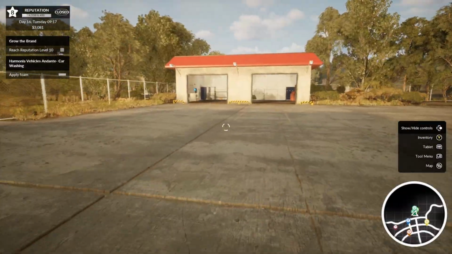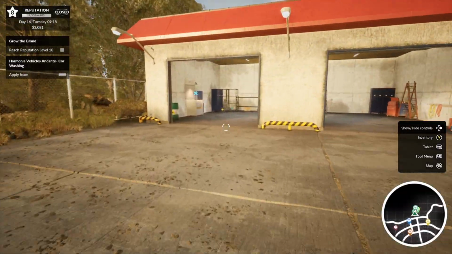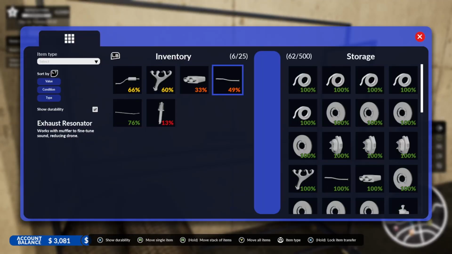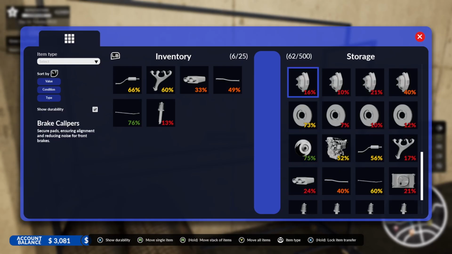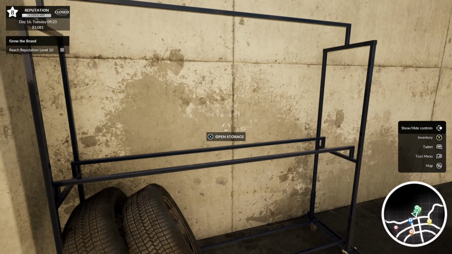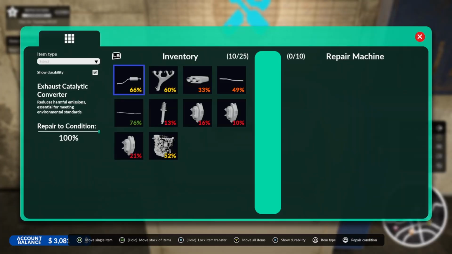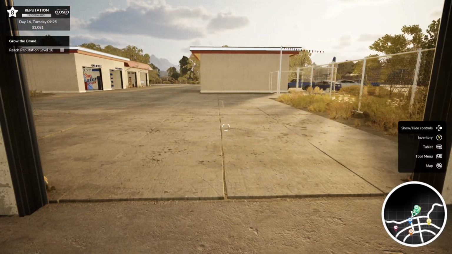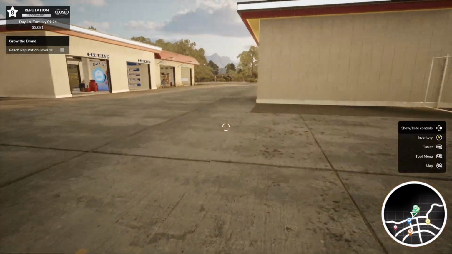All right, so Ethan just finished that car. So that means that we should have some bad parts in storage here. So let's take a look. Yeah, 1, 2, 3, and let's get the engine in here, 4. And let's get this into the repairer. Move all items. And I realized my